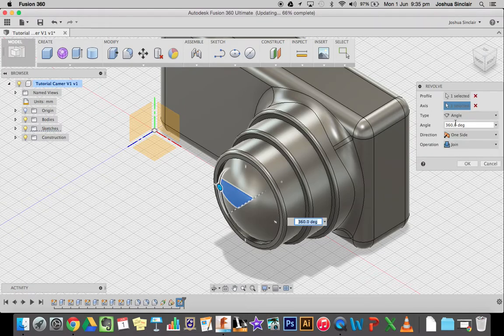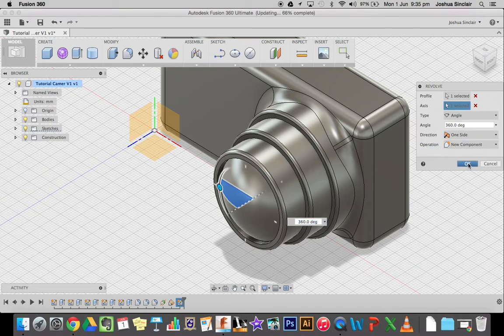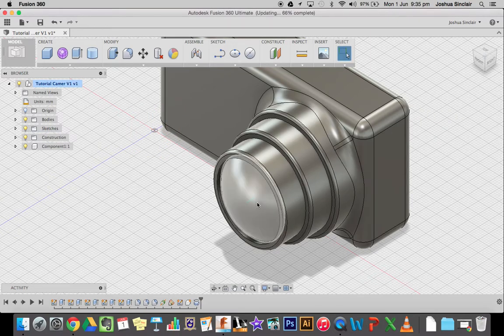We want it to do an angle of 360 degrees, one-sided, and instead of join, we're going to put a new component and then hit OK. The reason for a new component is that it separates it from the rest of our camera, so we can do a few unique things to it later when we're putting material on it. And that is our curved lens. To get rid of the axis line, all you need to do is go into construction and then untick